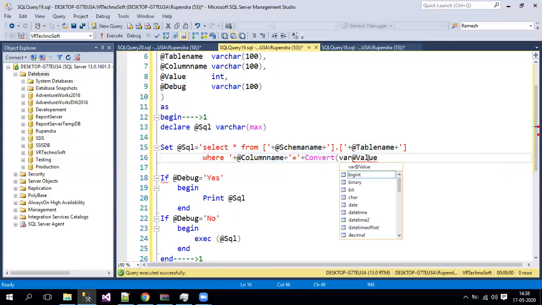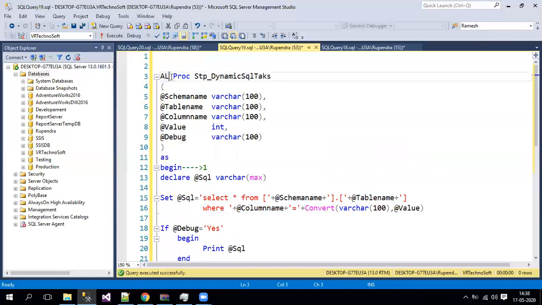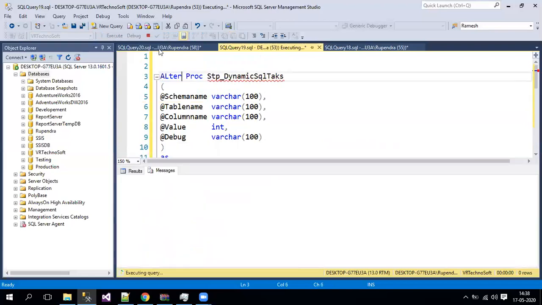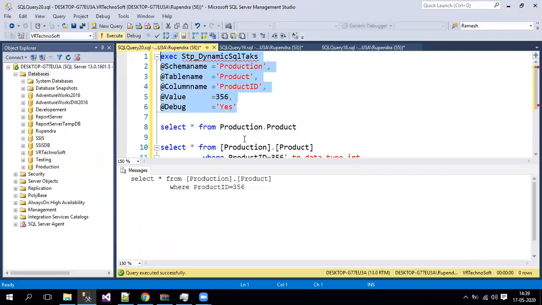It will be 356 only, but it will be converted into a single-quoted character. Let me alter my stored procedure and re-execute it. So let's see now, it is proper, right?